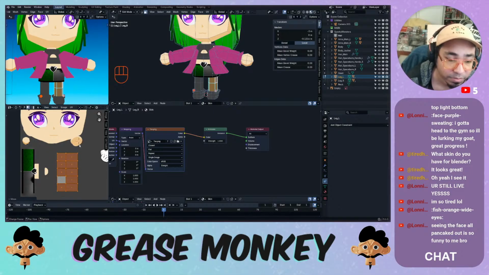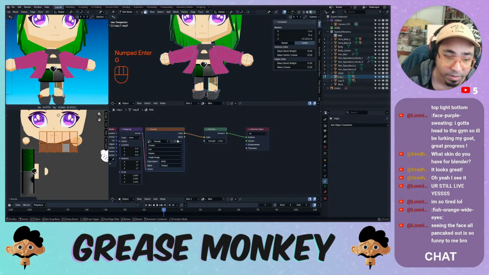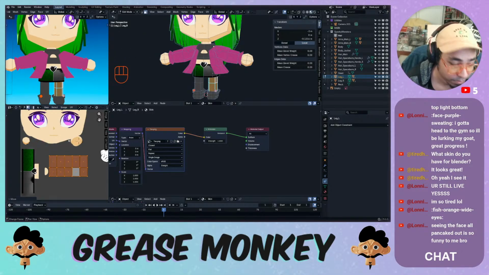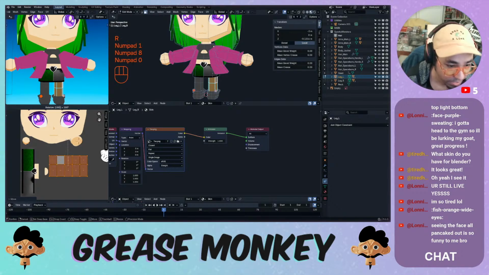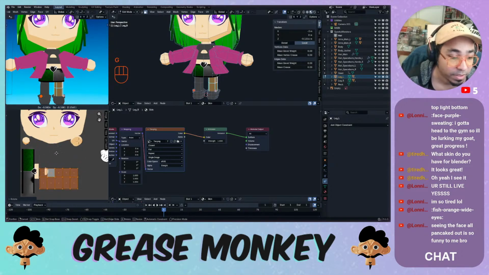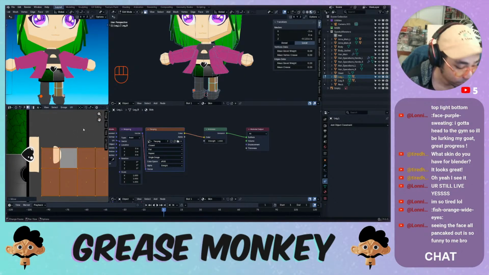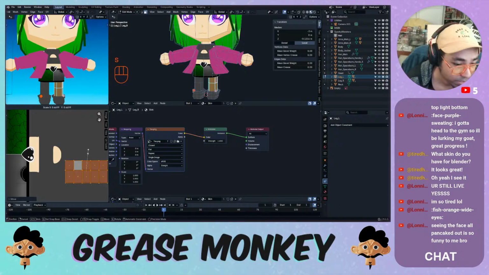All right, so we'll rotate this on the 90. Nope, we'll rotate this 180. There we go. Then what we can do is we can literally use the skin on her stomach